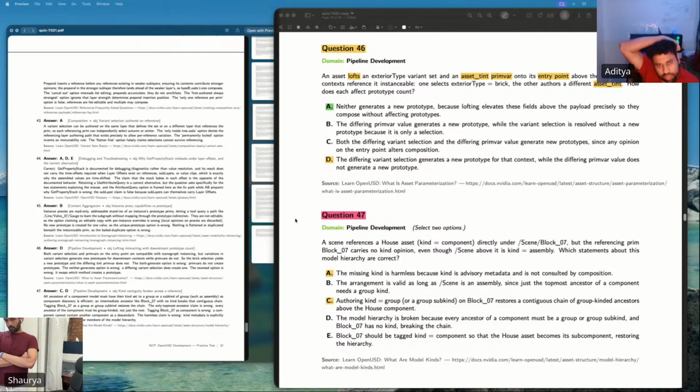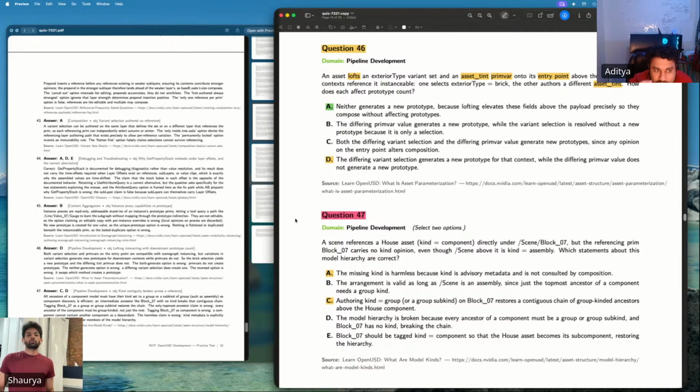House references directly, so there is already a scene reference mentioned under block 07, and that has a kind component. Because of that, we have to make sure that there is some kind mentioned in the block 07 as well. Otherwise, the model hierarchy will break.